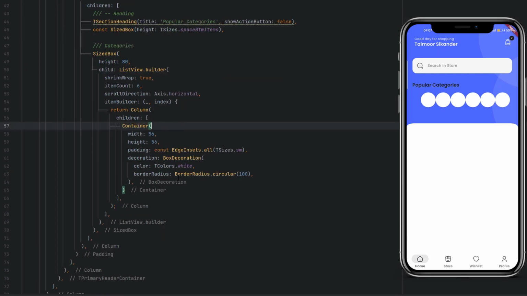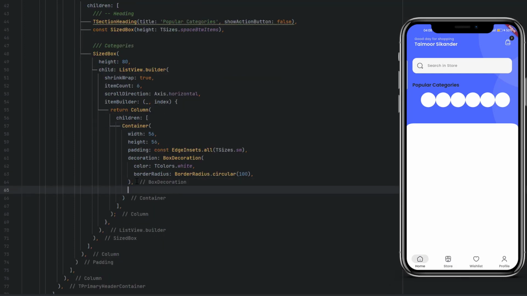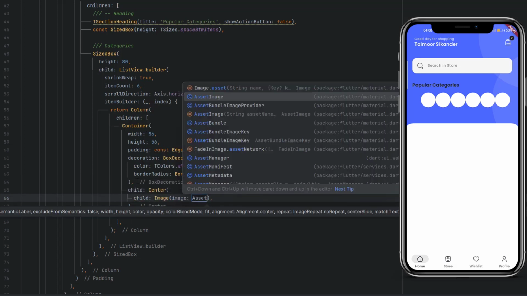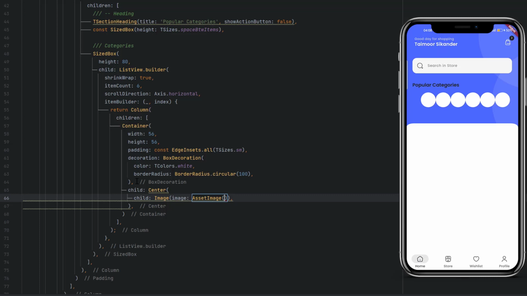So we only have a created container. Now inside this container, as a child, we want to add an image. It should be center. As a center child, let's create an image. It will be the asset image, which we are going to pass in a few minutes. And then again, inside this image, we have to use the fit property,